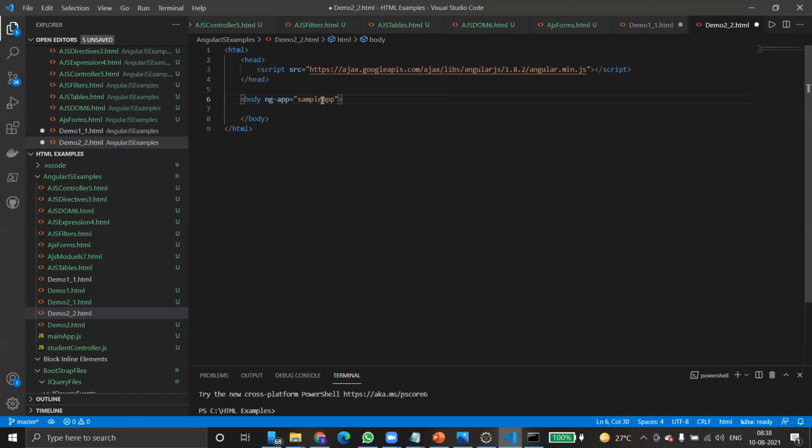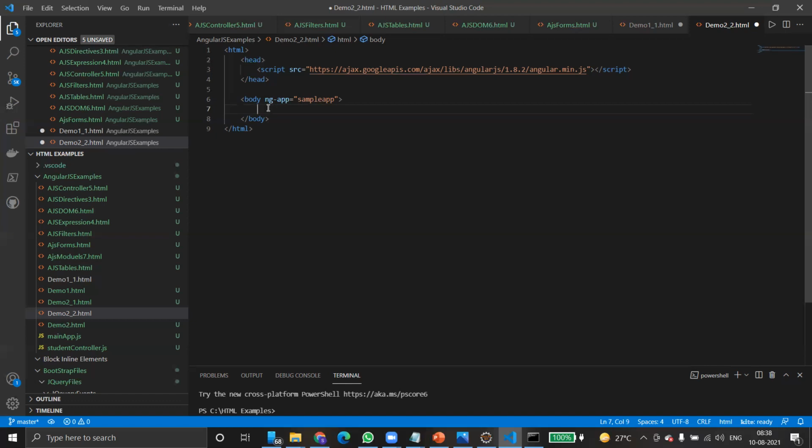That's all. Similarly, navbar is a Bootstrap navigation control, navbar, and then many other classes we can add with a hyphen. Similarly, ng is a directive, app is a class, and we are just passing the name to it.